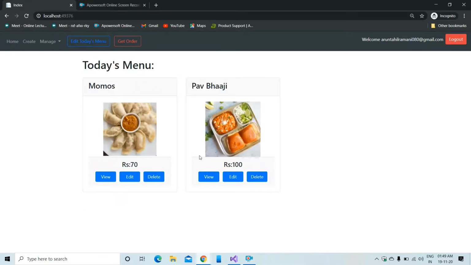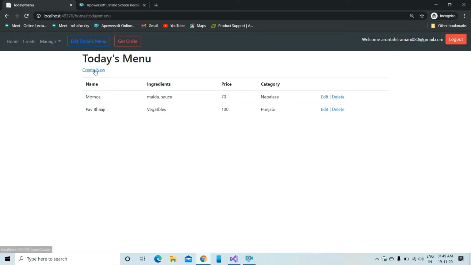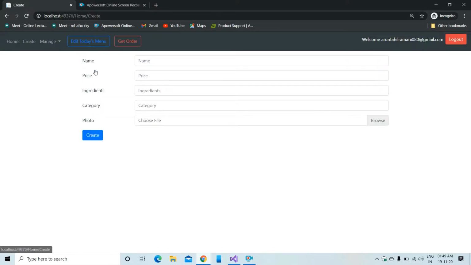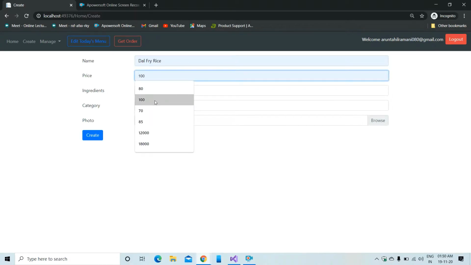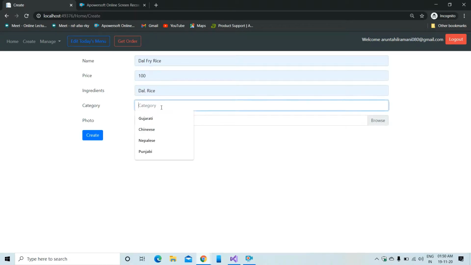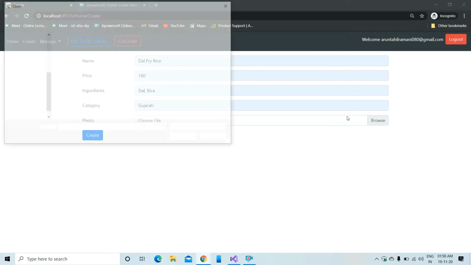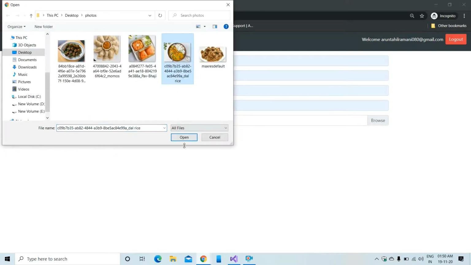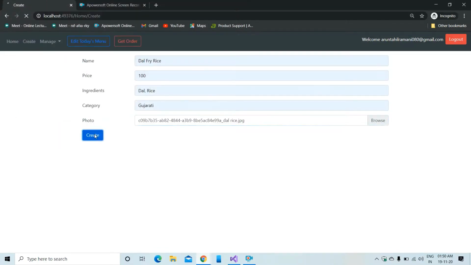So now let's create a new menu item. For creating a new menu item, we will click edit today's menu, and here we will click create new. So now we are creating a new menu item, dal fry rice. Let's select the picture and click the create button.